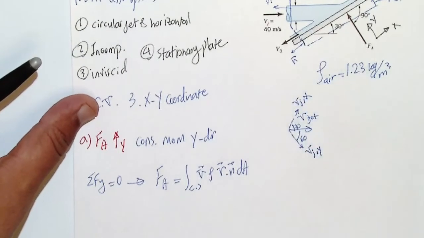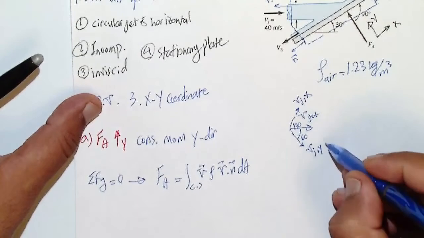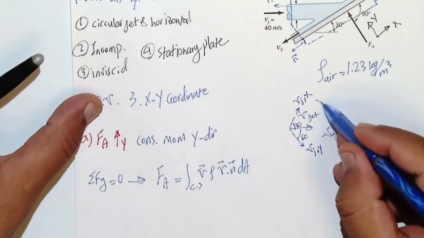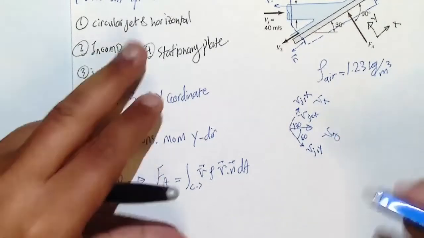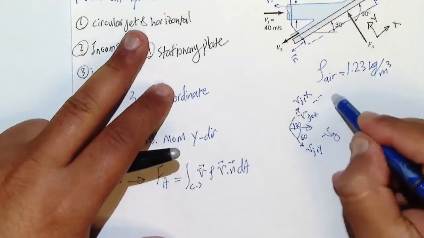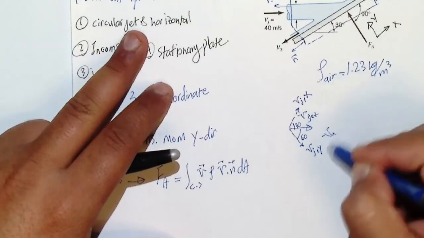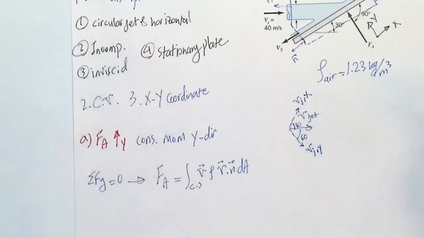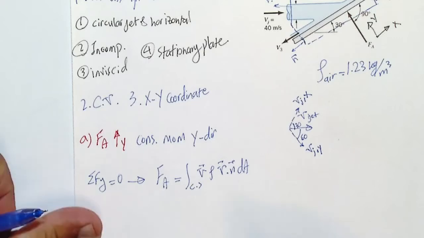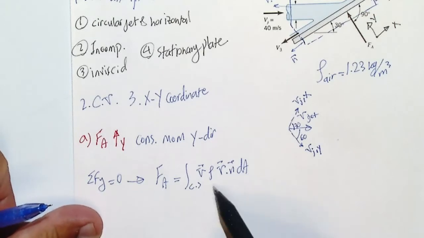Okay, so you can write it as Vy and Vx to make it easier. But that's again totally okay if you write it down as Vj,y and Vj,x. So you find that you have two directions. Vjet has two components, one in x direction and one in y direction. For this one you need to use only the y direction one, right? So again, rho V dot n dA is going to be your m dot